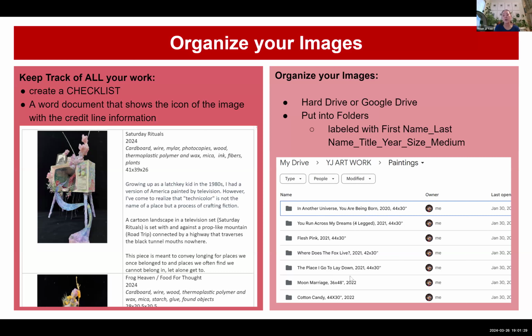So yeah, I have all of these folders. I try to be super organized, because that's the best way, so that when I need to use them or access them, I know where to find them. The other thing is,